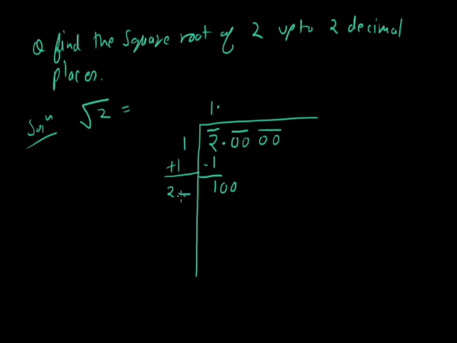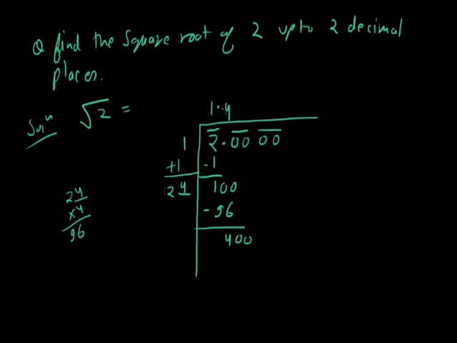Now here I have to put a number such that the product becomes nearby 100. So if I write here 4 and I have to multiply with 4 only, so it becomes 96, which is near to 100. So I have to write 4 here and 4 here. So 24 into 4, that is 96. So 100 minus 96, that is 4 only. I have to copy the next period, that is 0 0.